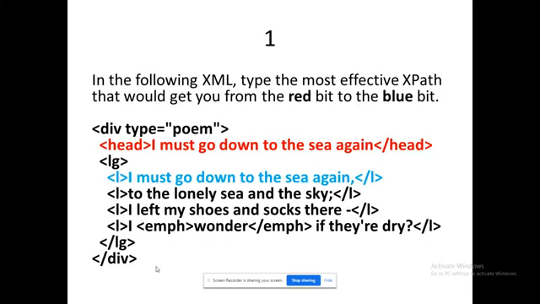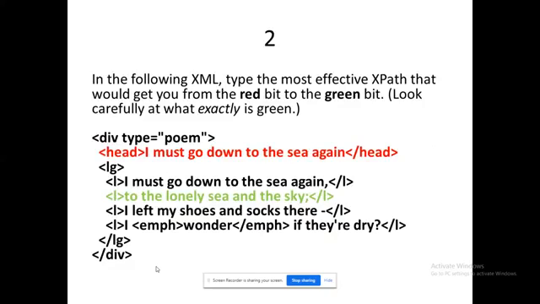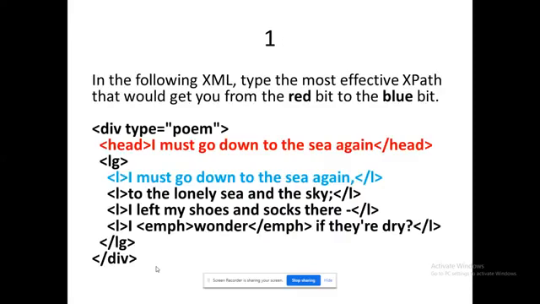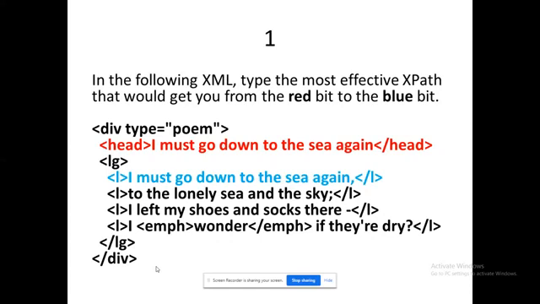In head, we have only one LG. LG[1]/L[1]: so what is L[1]? I need to go to the first tag, so if I traverse that, I get the first tag. From LG[1] to L[1] I am going; that is the way to travel.